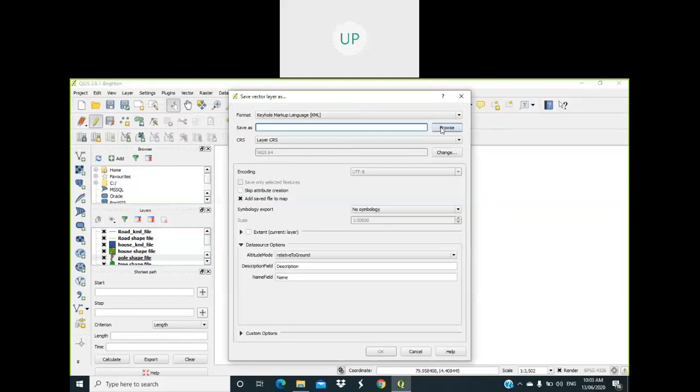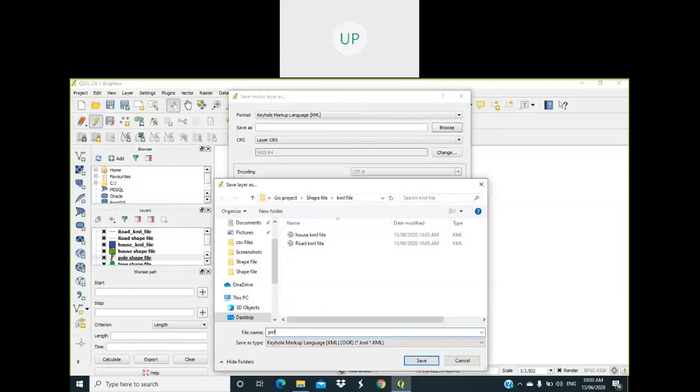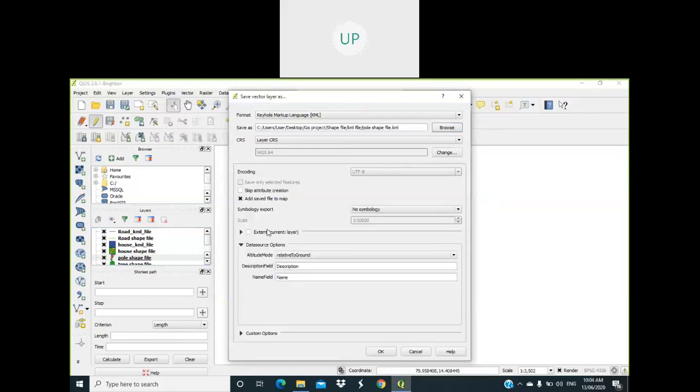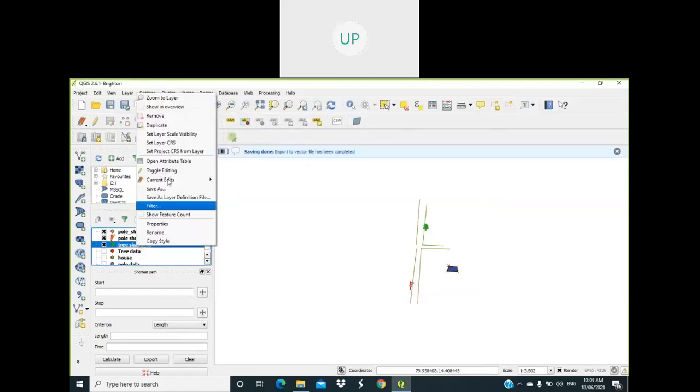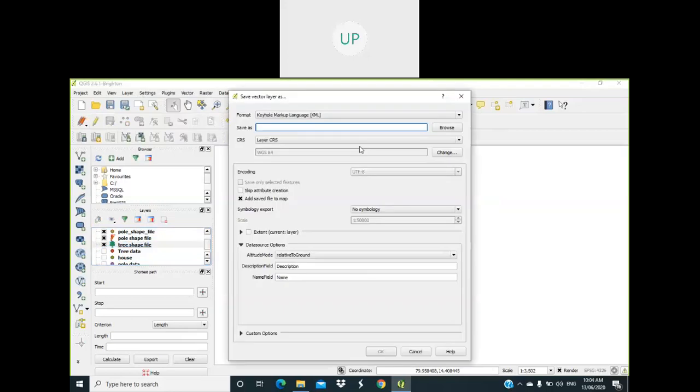Next, pole shapefile. Okay. Tree shapefile.